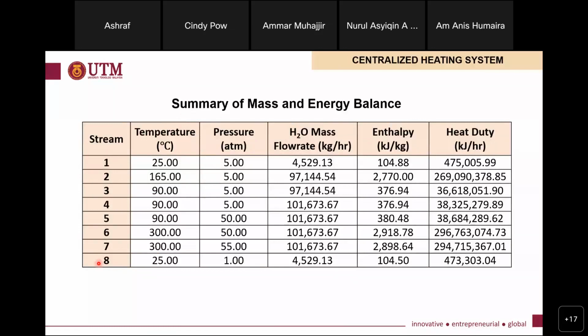If you notice, stream 2 is the total amount of HPS required for our pool. Next is to calculate the heat duty. We need to identify the enthalpy, which is determined using the superheated steam table. By multiplying the enthalpy and the mass flow rate of water, we can get the